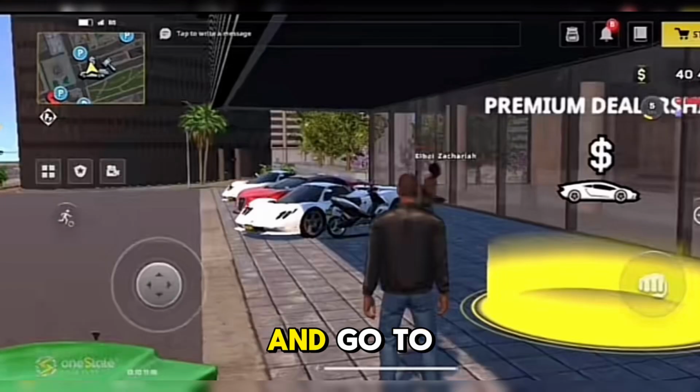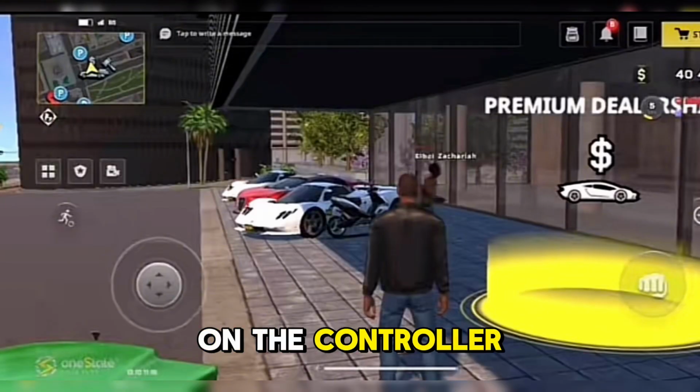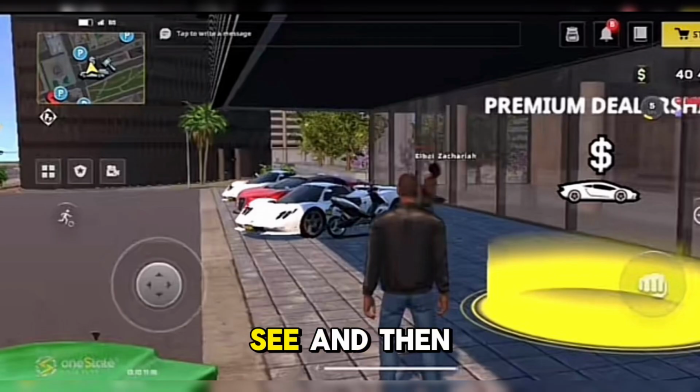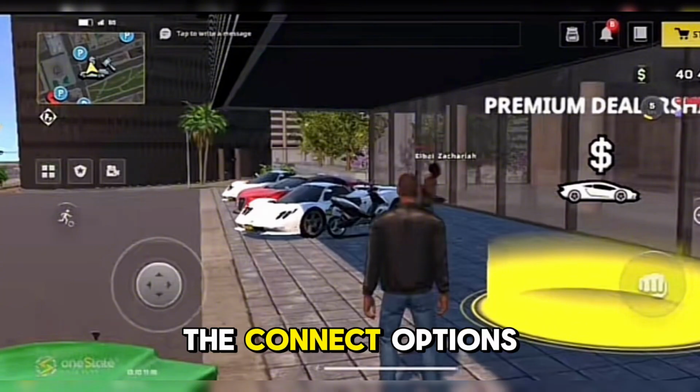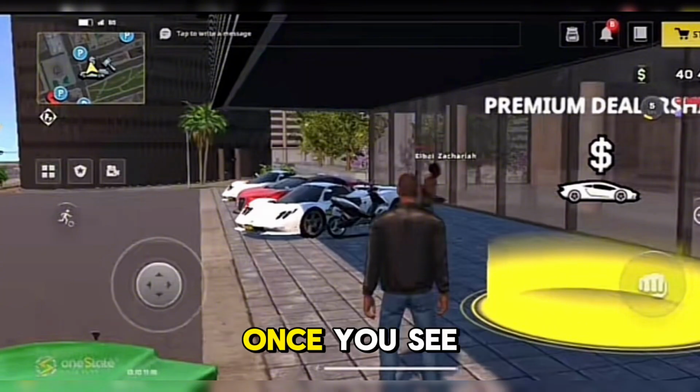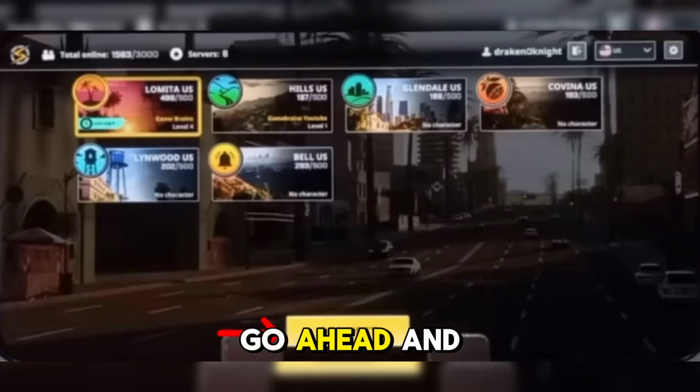So go ahead and go to the OneState RP game and then click on the controller options that you can see. And then afterwards, you will be able to see the options where it says the connect options. Once you see the connect options, go ahead and click on that so that your controller will automatically connect to